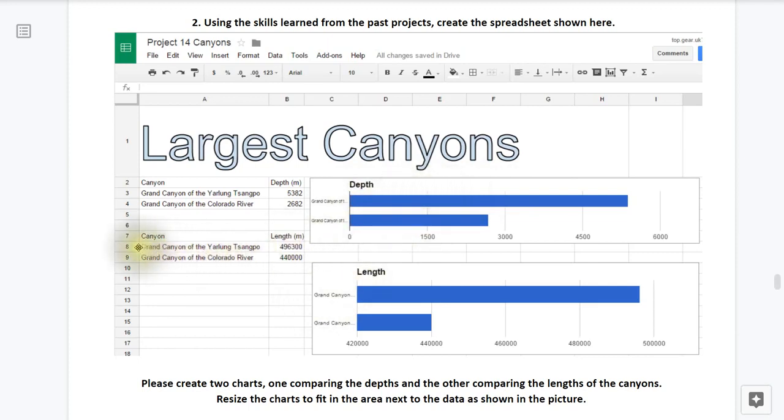Then create the second chart by again highlighting the second group of data, using that shortcut Alt-I-H to open up the insert chart, and then move that chart and resize it so it's sitting right here.